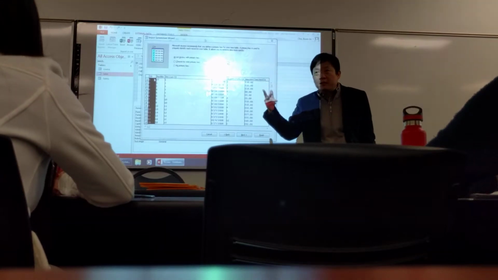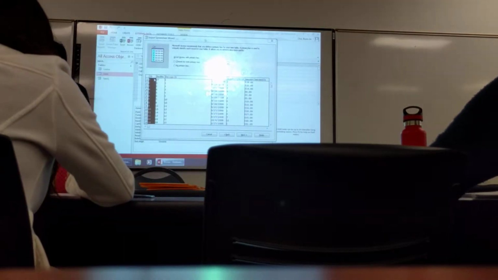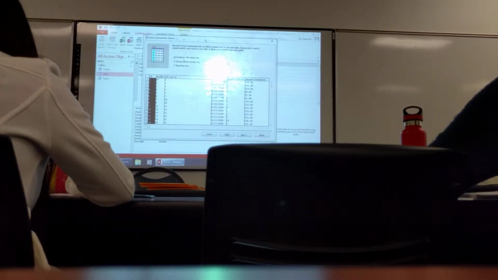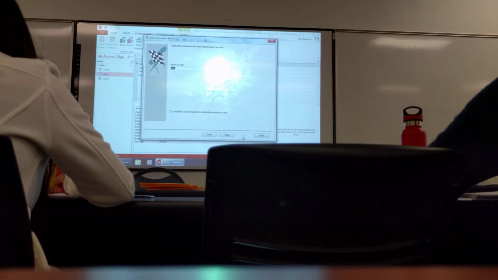This is a little bit different process than before. So this time I'll let Access add a new key, because the original table has 6 fields, right? Next, okay, what it looks like